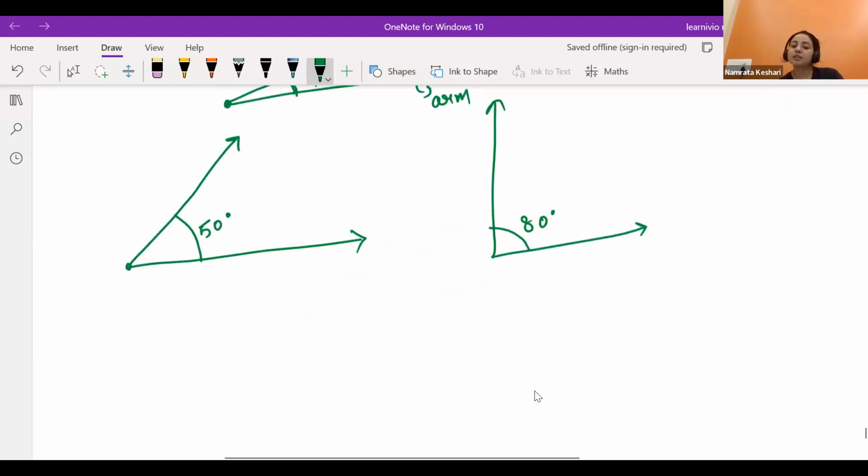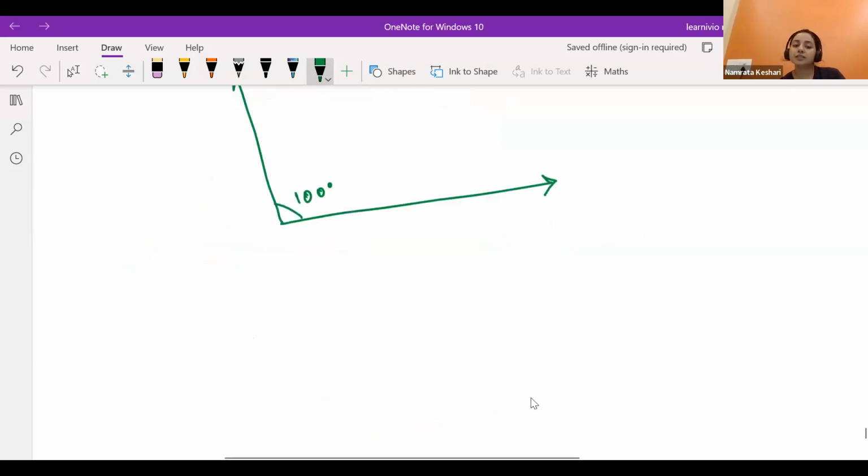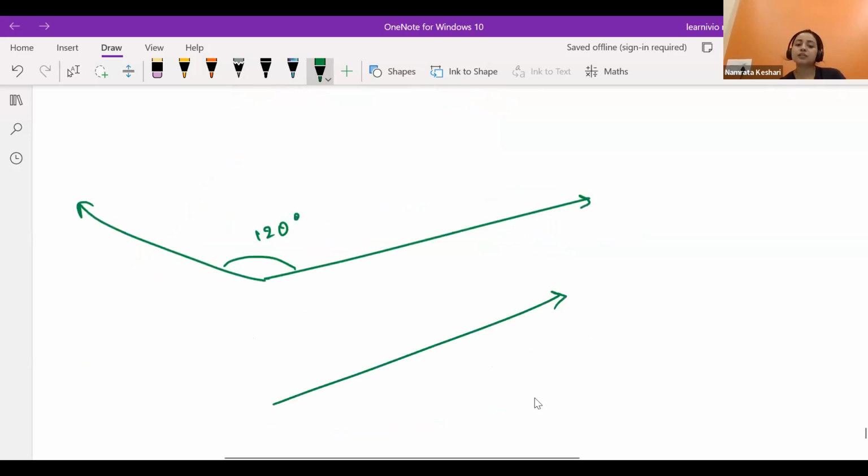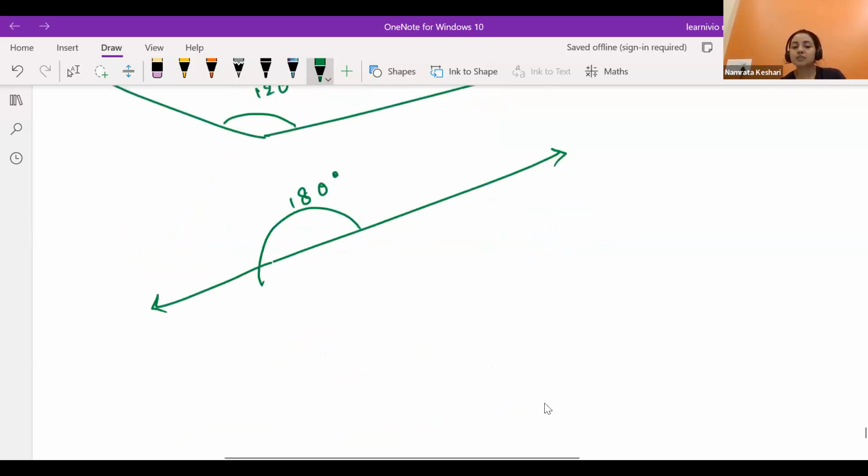If you keep on increasing the distance between two arms, your angle will be 100 degrees. If you keep on increasing the distance between two arms, your angle will be 120 degrees. If you keep on increasing the distance between two arms, your angle will become 180 degrees. If you keep on increasing the distance again, see, every time we are taking the angle in